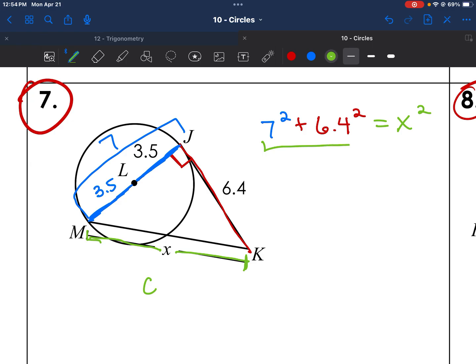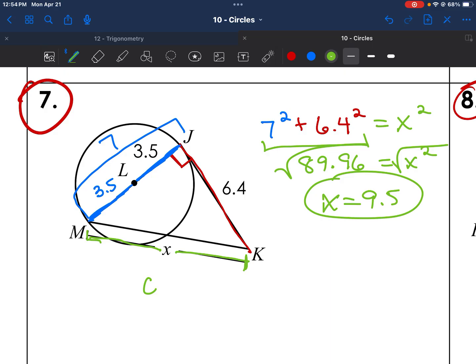All right, so putting these two together, and we're not going to round. We're going to use the entire thing, and we'll round at the end if we have to. So 89.96 is going to be equal to x squared. Square root both sides, and we'll get x is